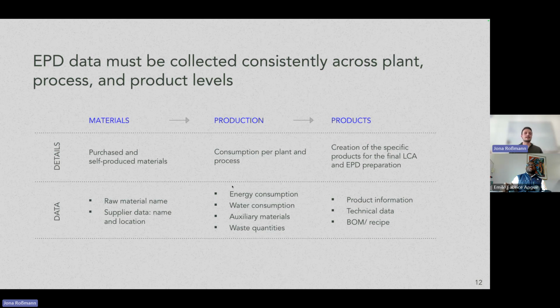Good. Then let's have a quick look into the details of how the data that has to be collected should actually look. So there are basically 3 large columns: materials, production, and products. Let's start on the left, the materials level. Here you're collecting data about everything that goes into your product and remains a part of your product, so your materials. That means not just the name of the material, but also how much is needed to produce 1 unit of the final product,